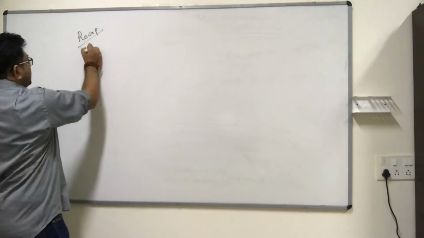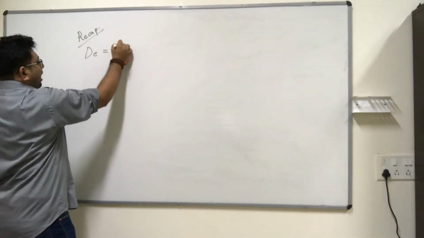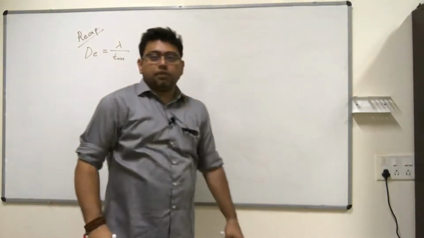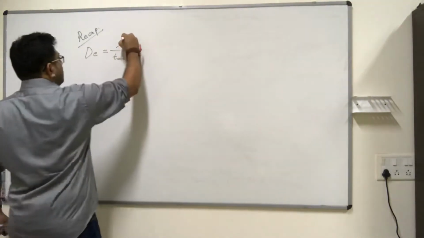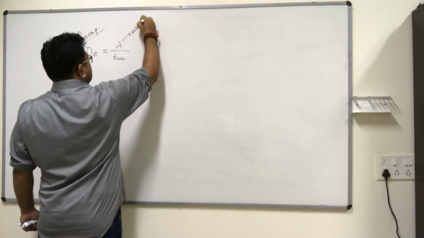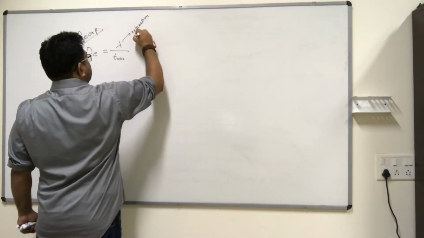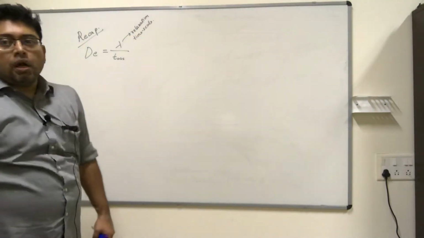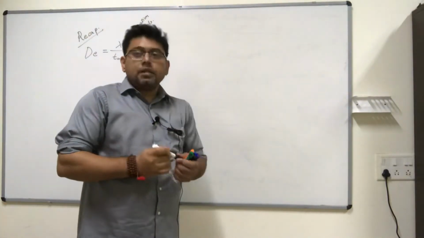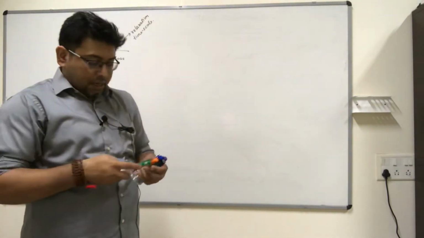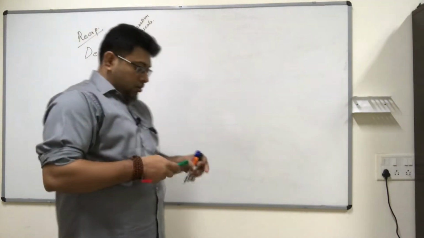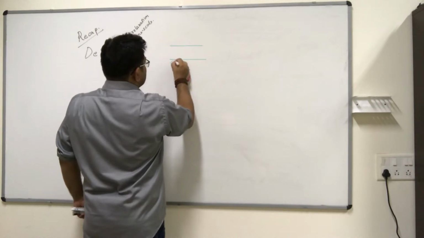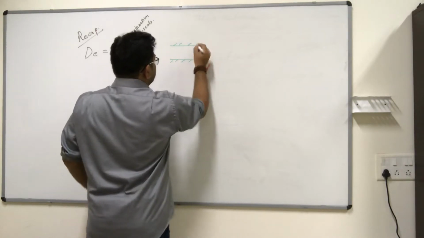And we had said that there's something called Deborah number where you have lambda by t observation, right, or the time scale of the observer, and this, we had said, is some relaxation time scale. Right, and then we had asked what does the relaxation time scale really mean, right? And to understand that, I had posed this particular problem